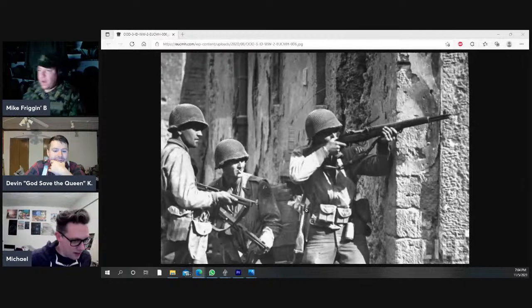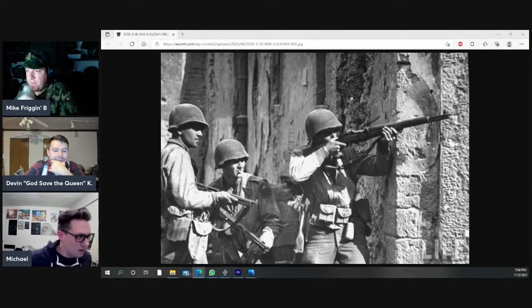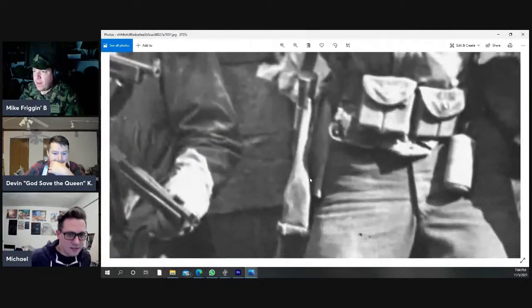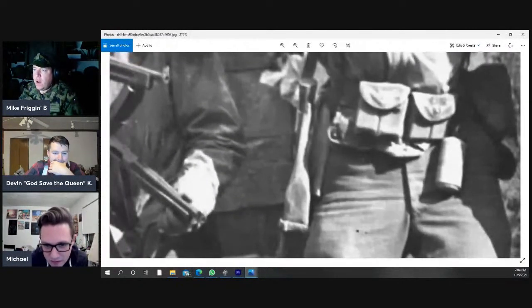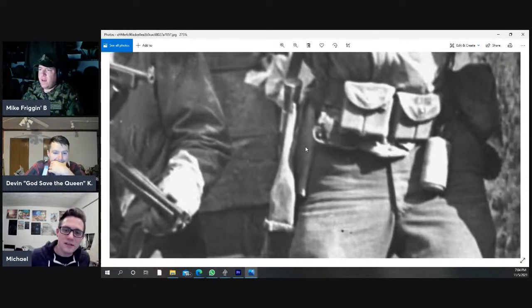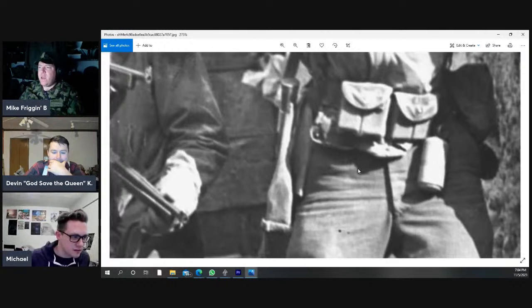What's this right here? Hang on. Is that... zoom in. Here, I'll go to the other one. Oh, yeah. I can't tell what that is. I don't know. It might be a bag. A bag of some kind? Yeah, I don't know. It looks like the pick that they would have. Like these guys might be engineers. Yeah, it looks like the handle of the...